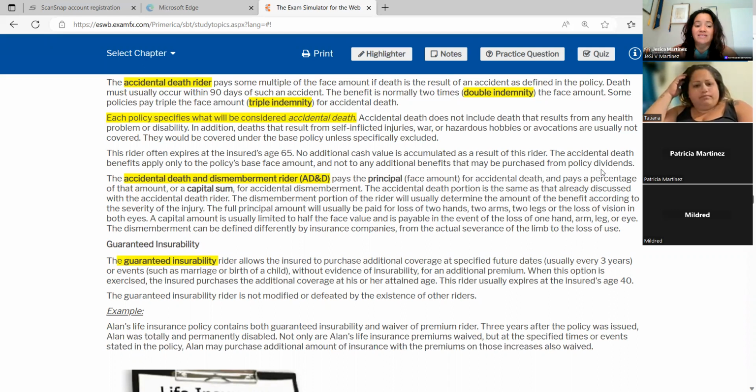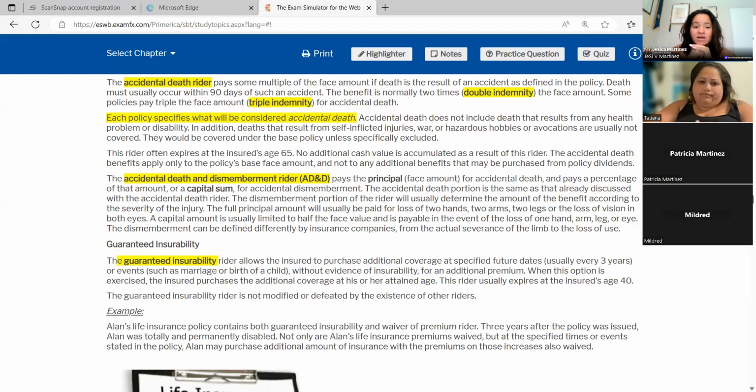Now, accidental death and dismemberment pays a principal for accidental death and pays a percentage of that amount, or a capital sum, for accidental dismemberment. The accidental death portion is the same as already discussed with the accidental death rider. So what we just discussed up to now will be the same for this one, which is for the AD&D. But now the dismemberment portion of the rider will usually determine the amount of the benefit according to the